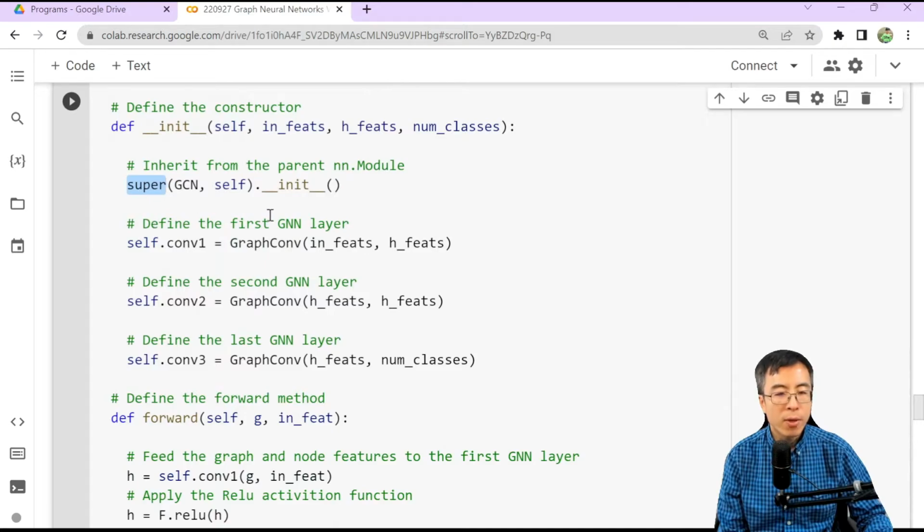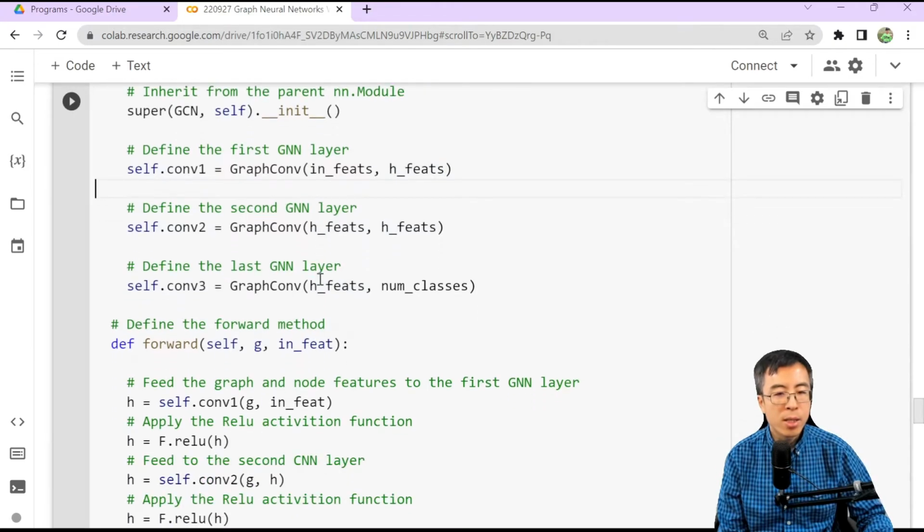And we define the first GNN layer using the GraphConv layer, and we specify the input features and the intermediate or hidden feature size. And we define the second GNN layer in a similar fashion, but making sure that the output feature size of the first layer, h feats, must be equal to the input feature size of the second GNN layer, which is also h feats.